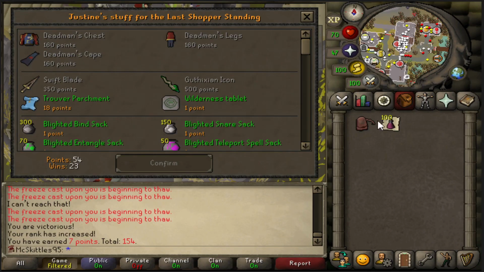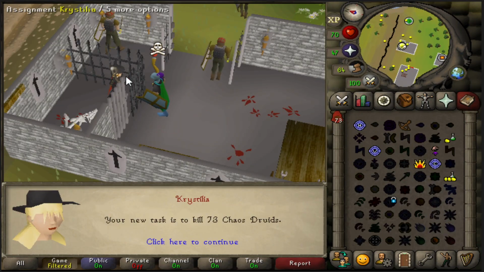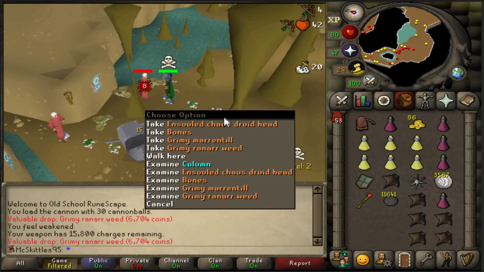And that is a bunch of super restores. Let's go back to Wilderness Slayer. And the first task back is Chaos Druids. So I will be doing Elder Chaos Druids in the future, but first I need to get myself 58 Slayer